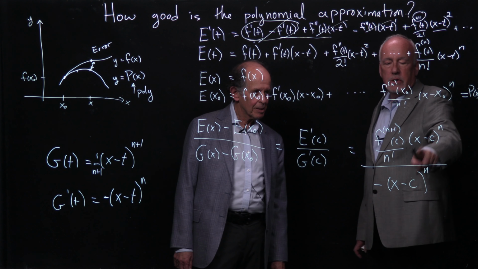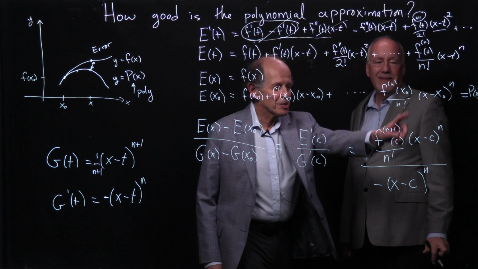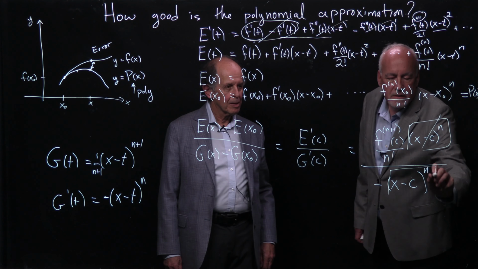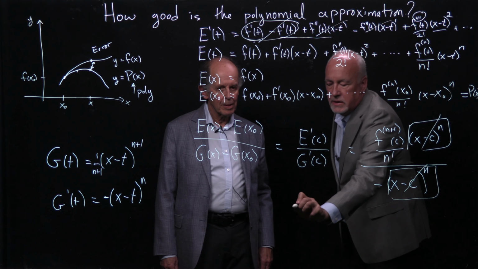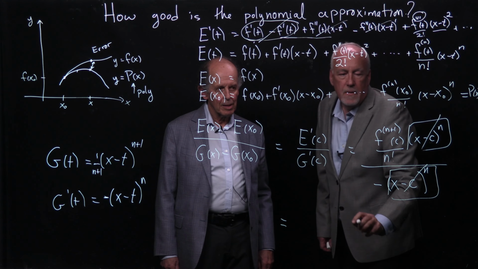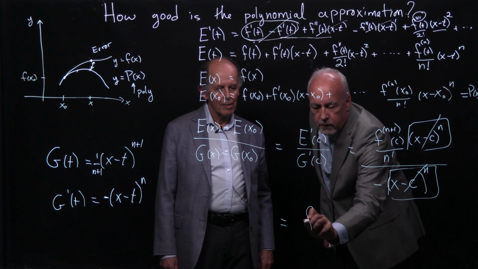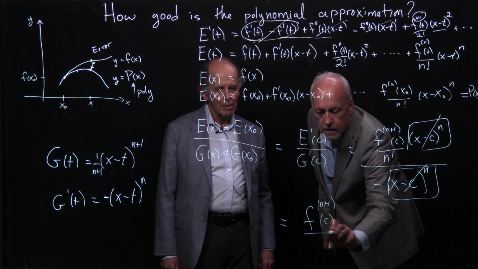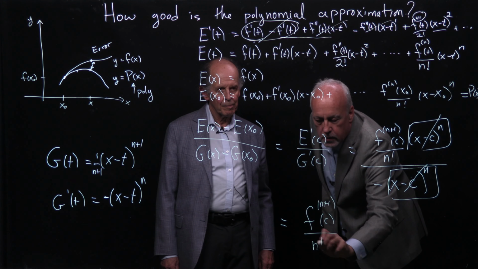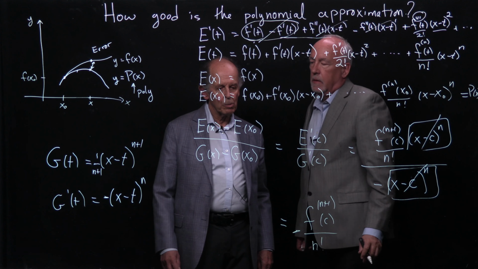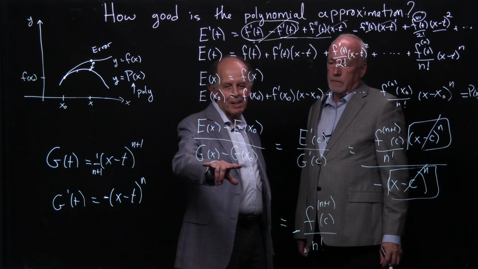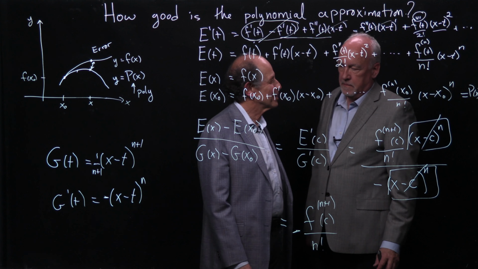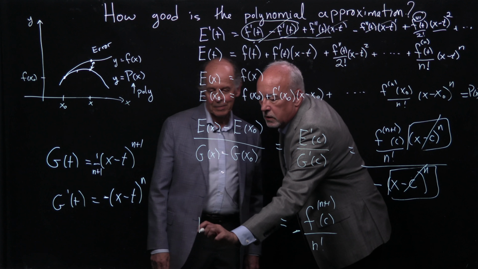Now, do you see any common terms here? These cancel out. So this cancels this. So this thing is equal to f n plus 1 at c over n factorial, with a minus sign. Now let me jump here. If we take this and stick it over here, there's what our error is. So e of x